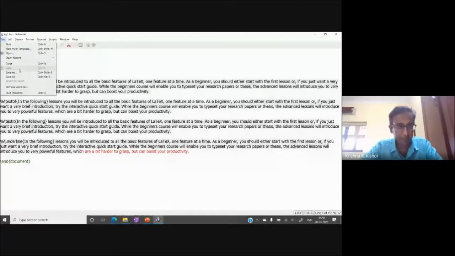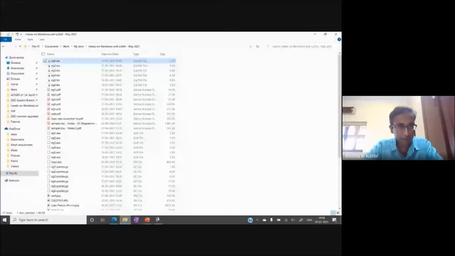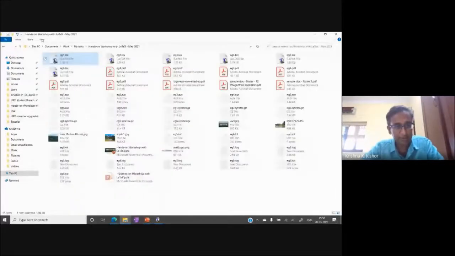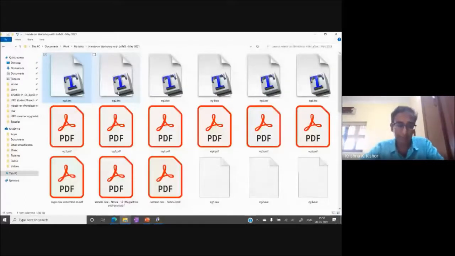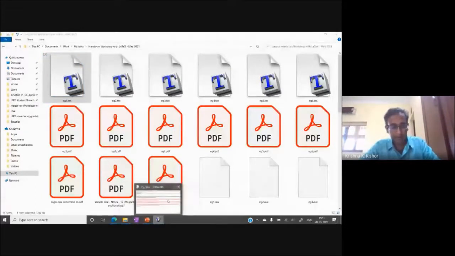So if you look at my, just make it large so you can see it, right? Example 1.tex. This is the first example that I'm doing, so I'm saving it as a .tex file. And typically when you're done with your installation of your editor, when you simply double click it, all .tex files will be mapped to that editor, so this tex file will automatically come out. All right, so this is our first thing that we must know. Okay, so now let's move on.